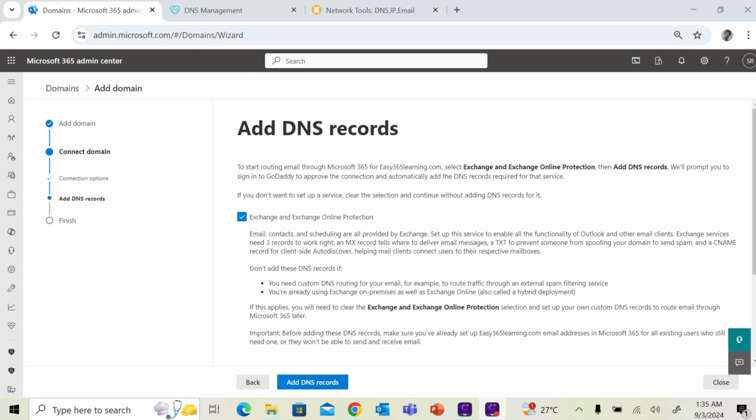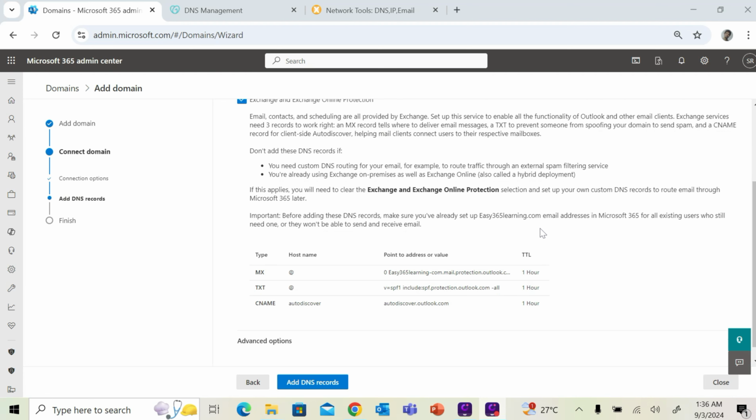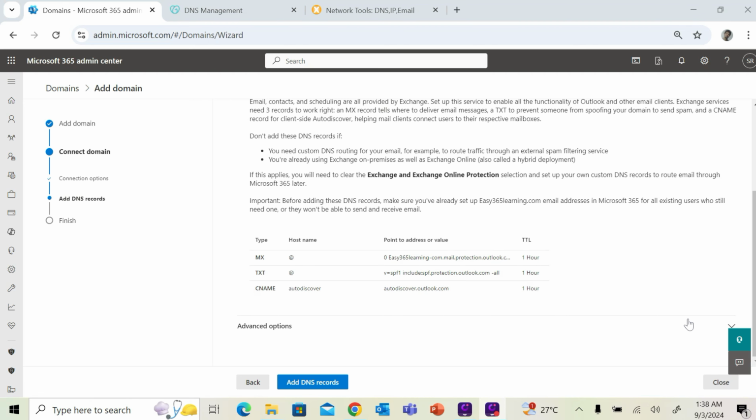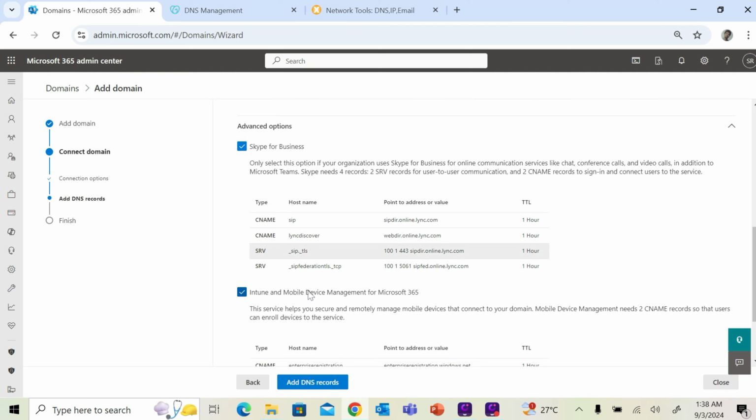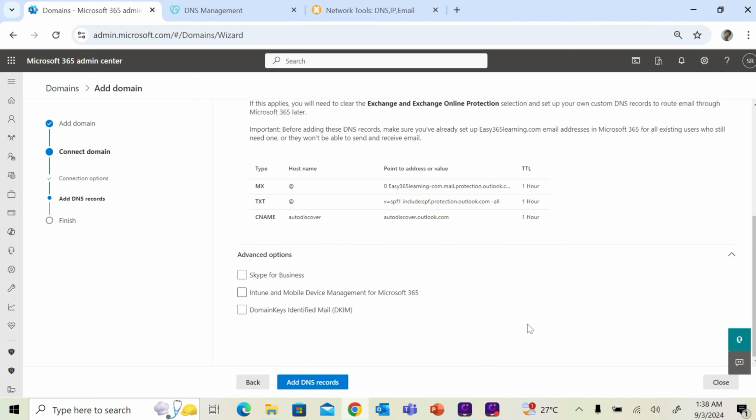To start routing emails through Microsoft 365 for this particular domain, Microsoft 365 wants me to add a couple of DNS records that are MX, TXT, and CNAME. So MX will be used to route the emails, TXT will be for spam and malware protection, and the CNAME will be for configuring the Outlook application. There are other records as well that you can find under advanced options, and these are for Skype for Business and Intune and mobile device management. For now, I don't want to go with these records, so I will just uncheck these records